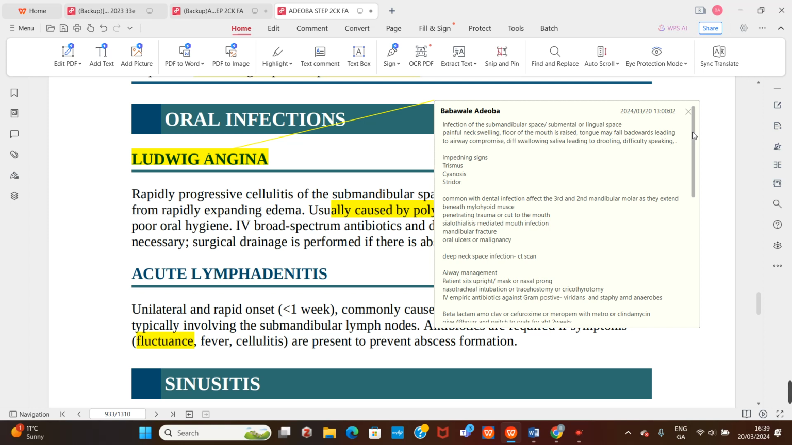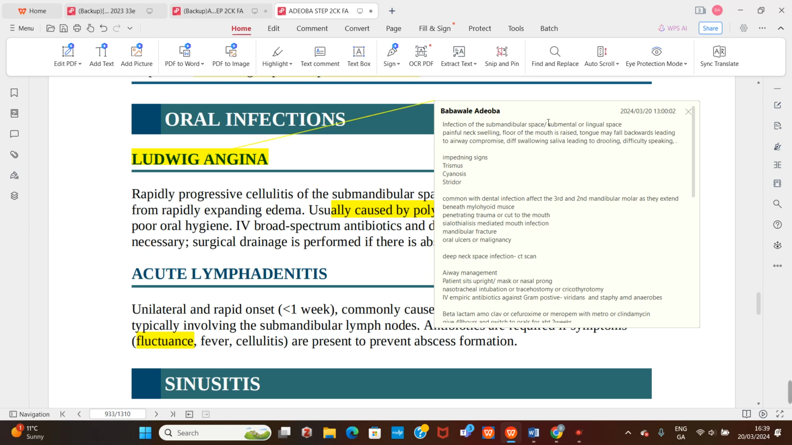So because the roots of the second and third molar extend downwards beyond the mylohyoid muscle, they can easily spread into the submandibular space that is just beneath them. Infection of the submandibular space is Ludwig angina. It can also affect the other spaces, that is the submental space and the sublingual space, but the major one